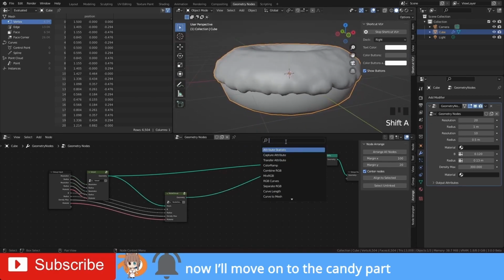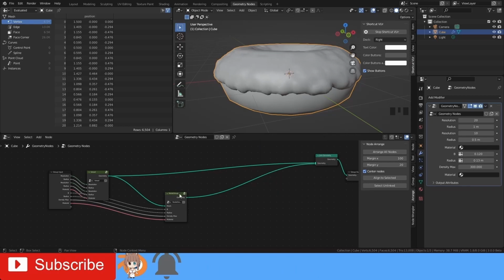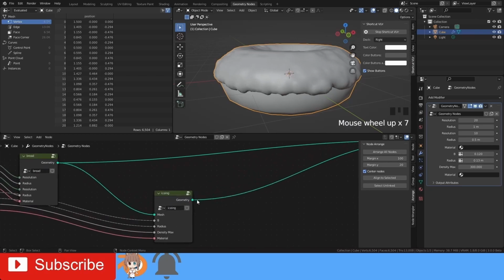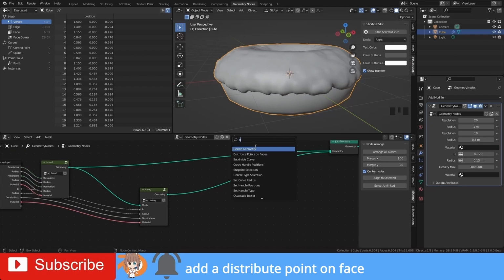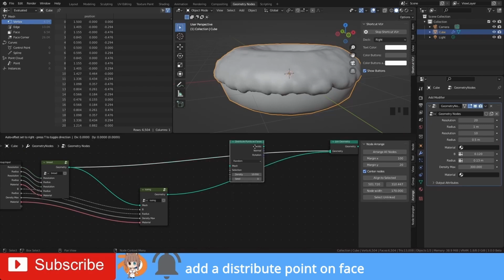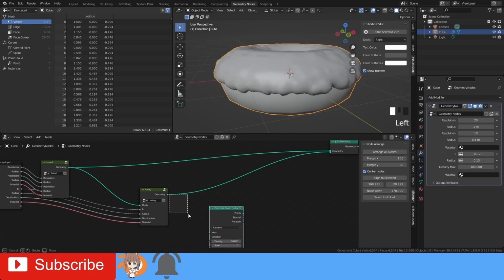Now I'll move on to the candies that are scattered on the icing. Just remove the icing. Distribute on the base.